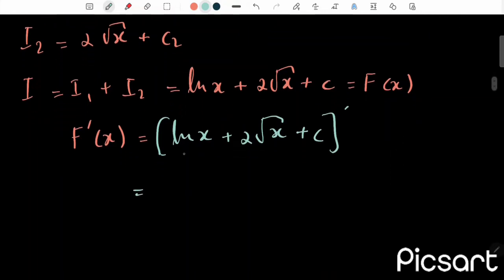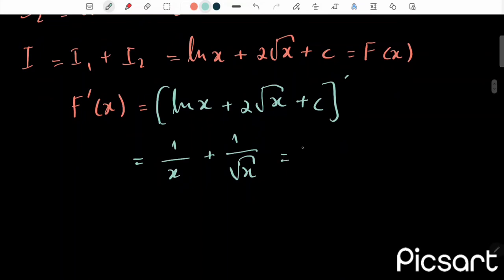For the first term, the derivative of the ln function is 1 over x, plus for the second term it's 1 over square root of x, and the derivative of a constant is 0. So here we have square root of x, here we have x, and we get